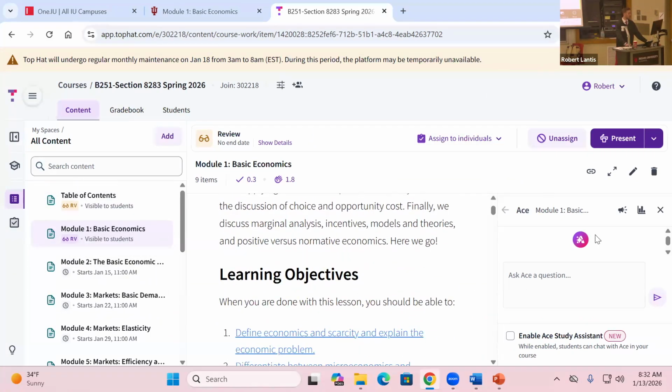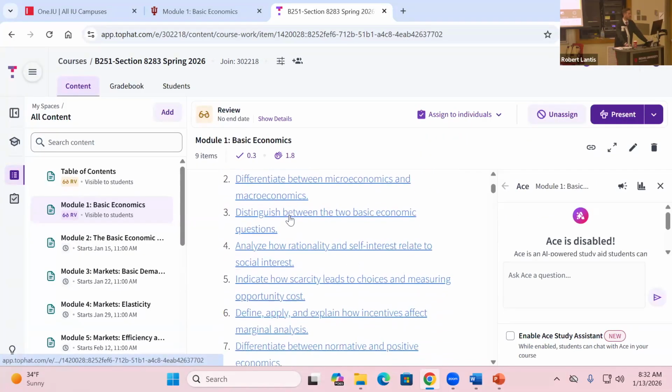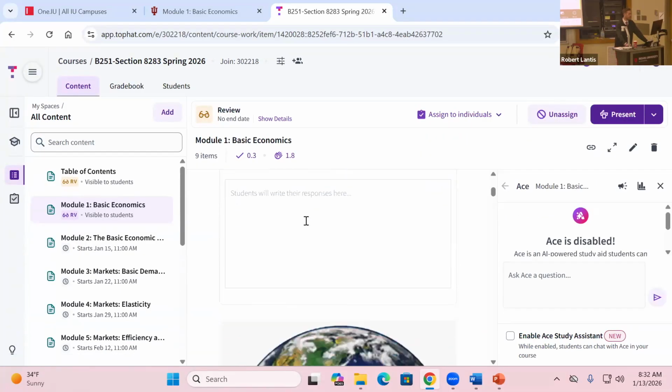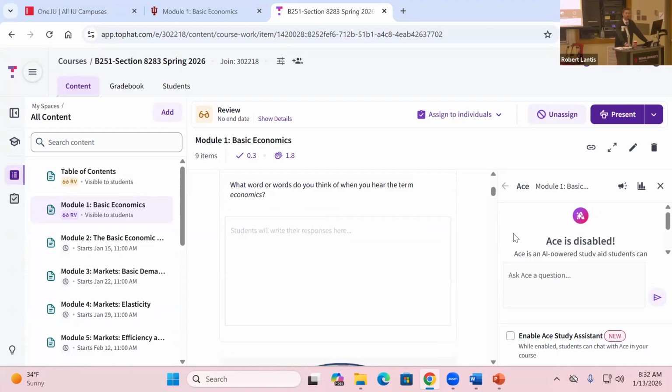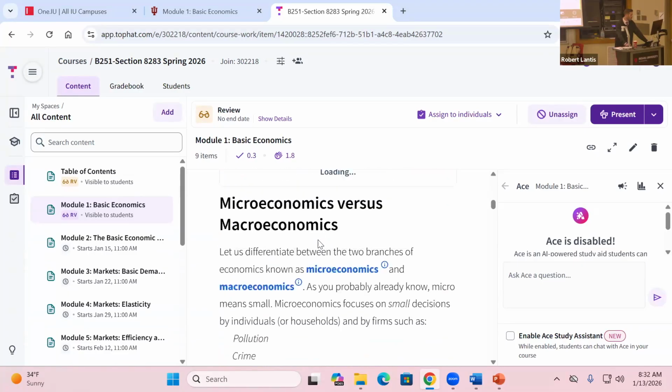And if you want to, you can start to look through module 1. It usually has the different topics that it will talk about. Here's the first question. This first module, it's easy. If I was using this for points, this is just an opinion-based question. There's no right or wrong answer. But if we scroll down here,